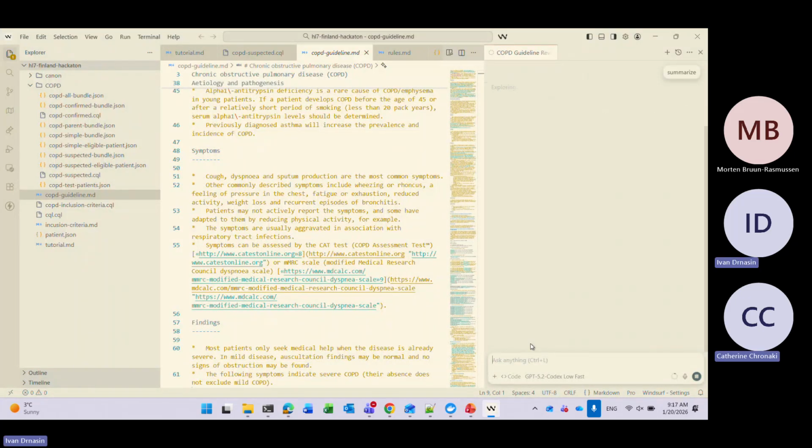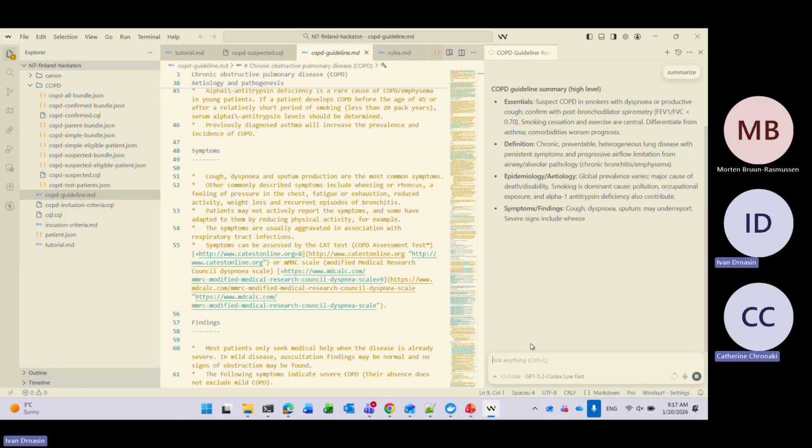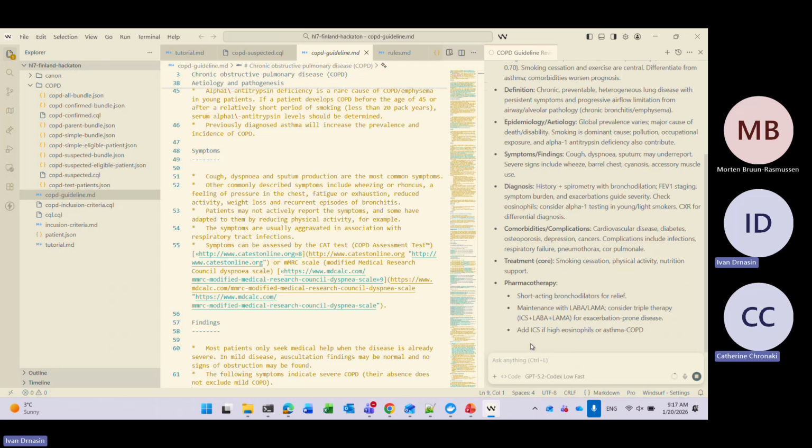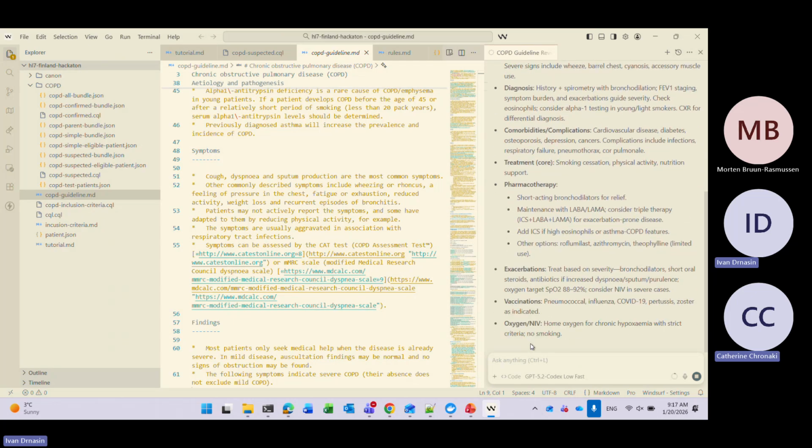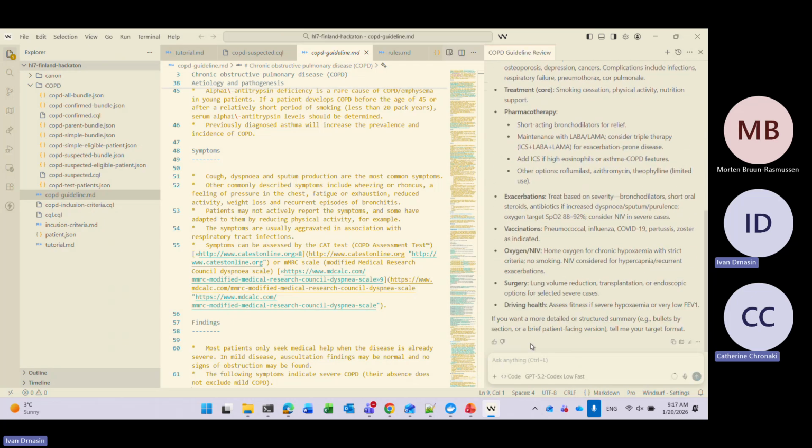So how do you translate something in PDF into Markdown format? There are two ways: an easier way and a less easy way. The easier way is if the text is already represented as text in the PDF, then you just have converters that will extract the text from the PDF.